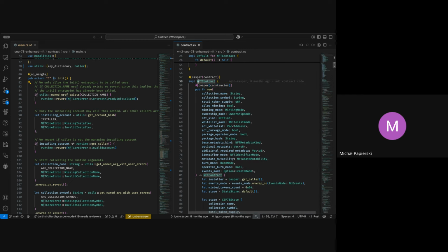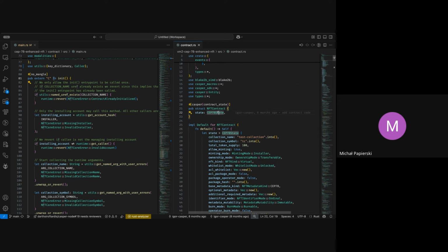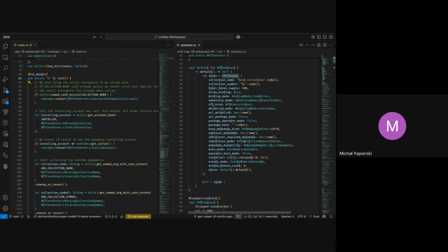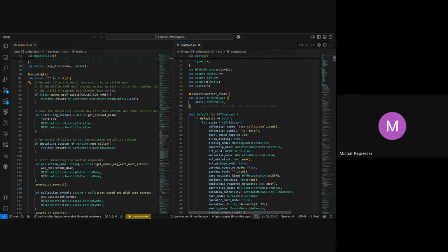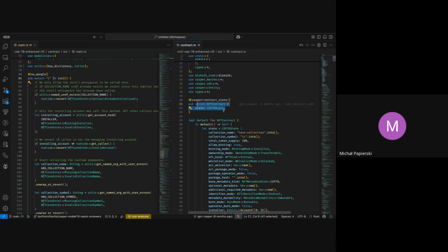And first of all, we have the NFT contract state defined through, basically, inheritance through composition, right? You embed another struct onto it. So the plan was to implement a trait for NFT. So basically you can implement the NFT contract for your contract just by using traits. But it's still in a work in progress state, right? So the state is